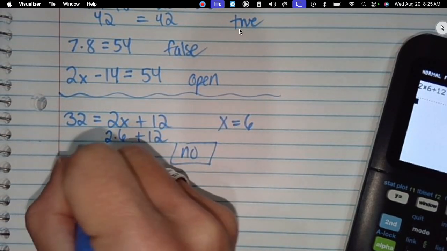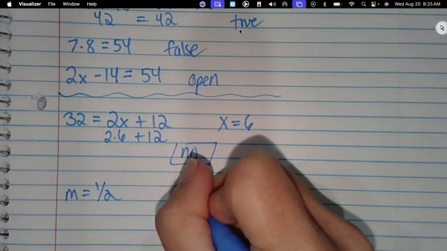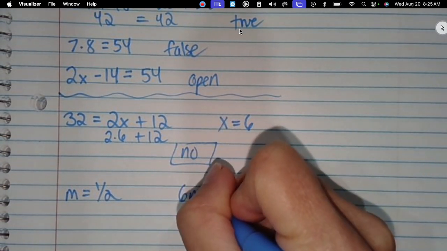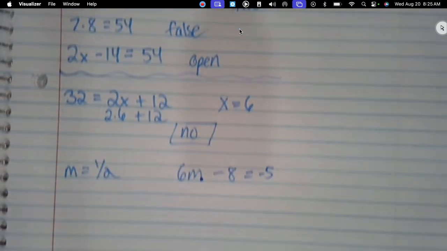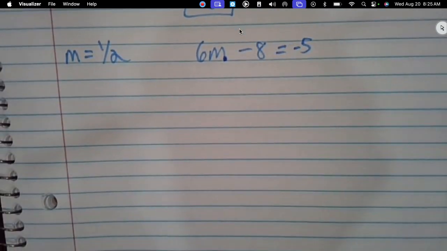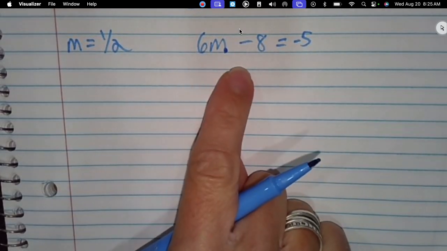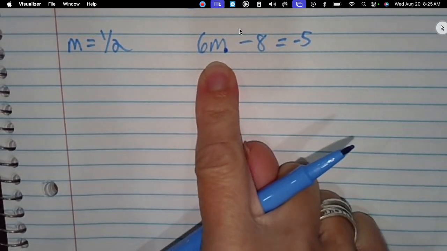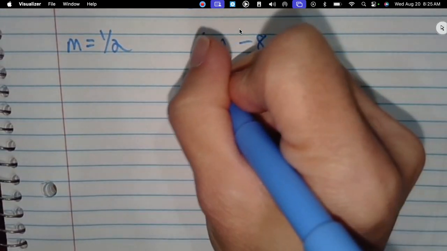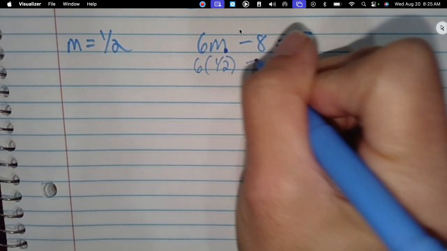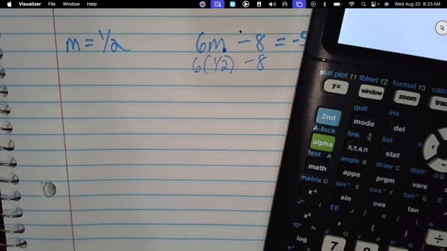Is this a solution to this problem? 6m minus 8 equals negative 5. So again, what do I do to see if it works? I plug it in. Okay, and you can type it in your calculator, 6 times 1/2 minus 8 if you want to. Okay? Look, I'll write it down. 6 times 1/2 minus 8. Watch. 6 times 1/2